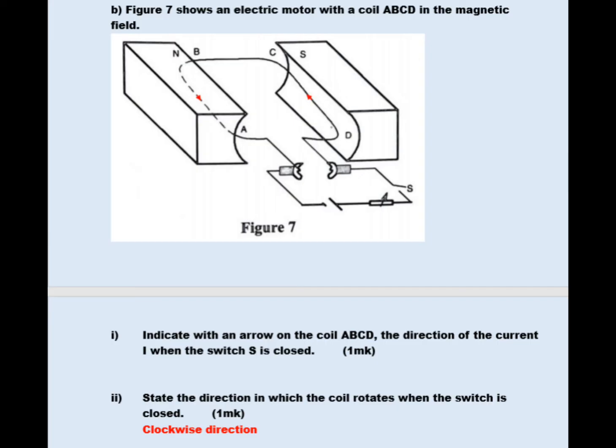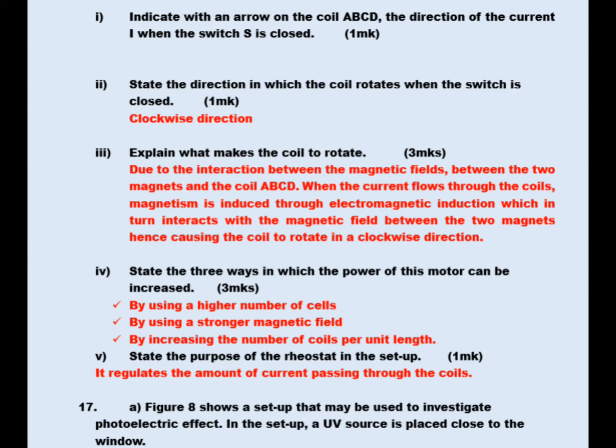State the direction in which the coil rotates when the switch is closed. So the coil rotates in clockwise direction. Explain what makes the coil to rotate. Due to the interaction between magnetic fields between the two magnets and the coil ABCD. When current flows through the coil, magnetism is induced through electromagnetic induction, which in turn interacts with the magnetic field between the two magnets,